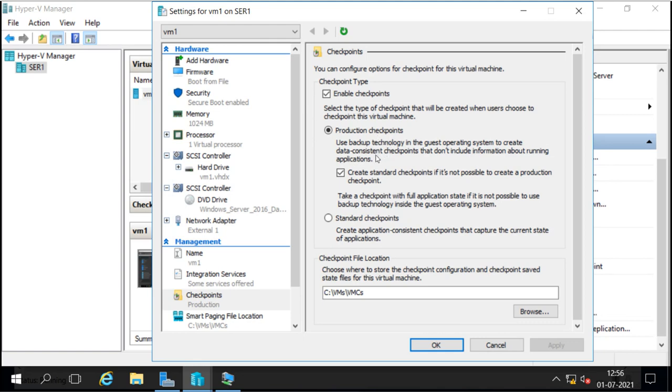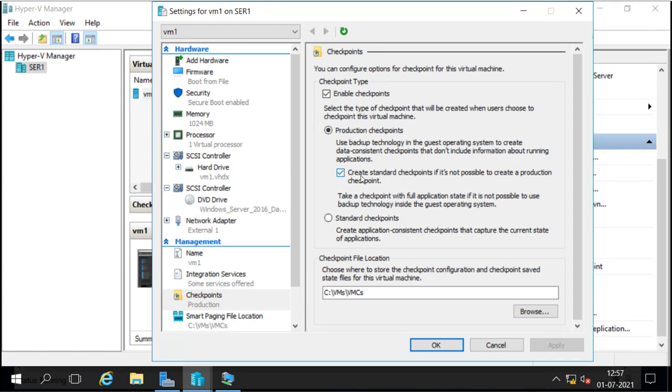So when we go back to that checkpoint, the machine will go back to the shutdown state, and then it will start again. But it will take everything: all the settings, configurations, applications, everything. It will take a snapshot of everything, but only it will not take the running application information. If some application is running while we take the checkpoint, it will not take that running information. It will take that as a shutdown state.